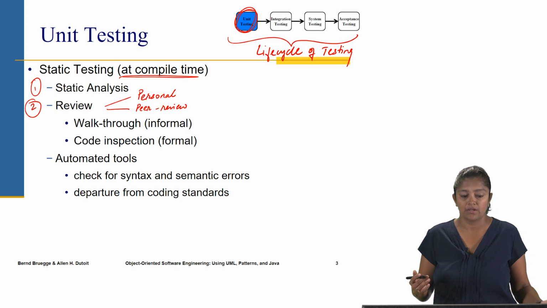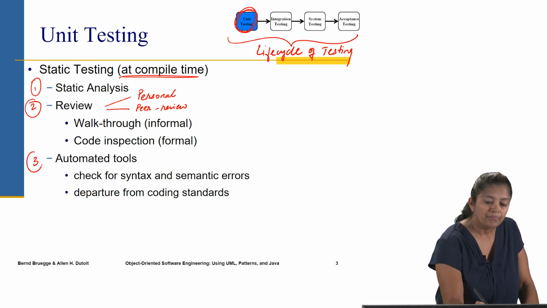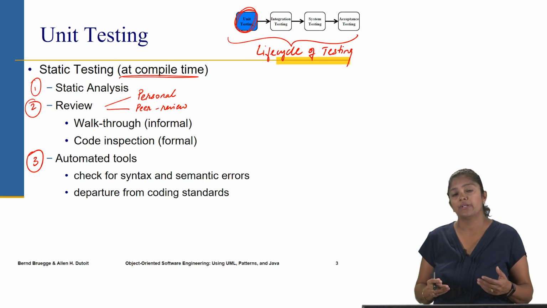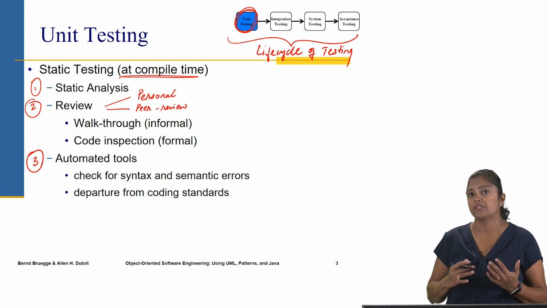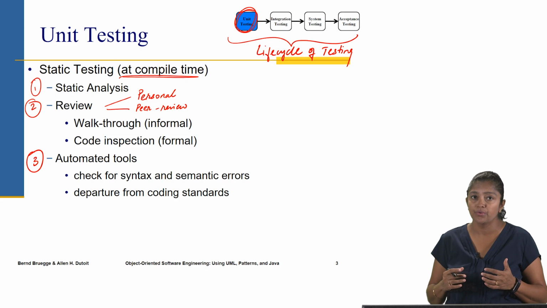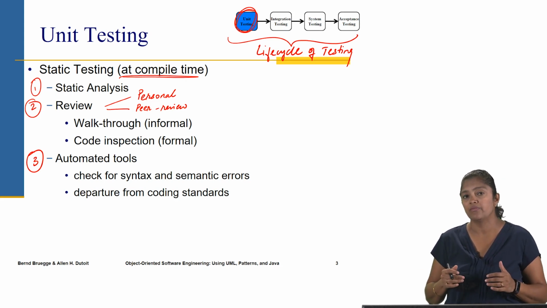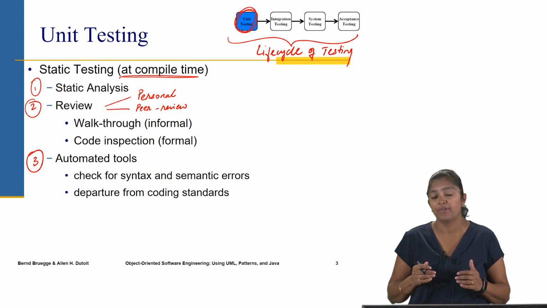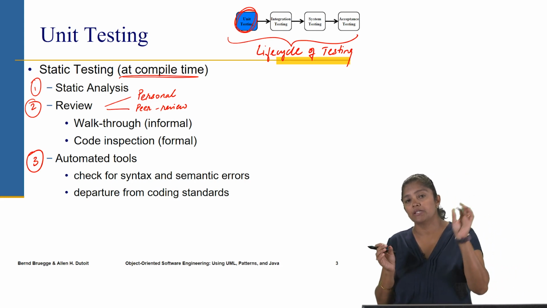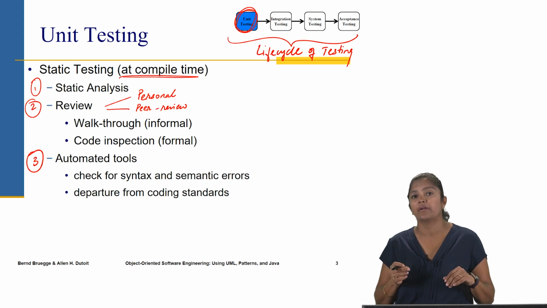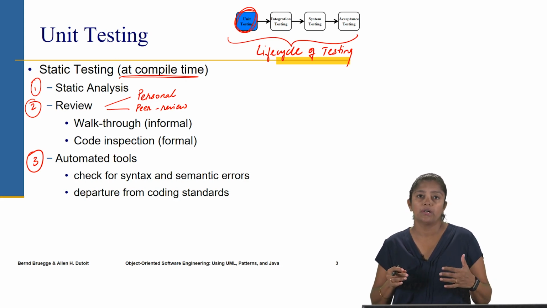So that's reviews. And then the third technique is using automated tools. This is where one can check for any kind of syntax or semantic errors through tools. There are a number of tools, and we will discuss those briefly. The idea is that they'll statically look through the entire code, parse through the entire code, and report on any